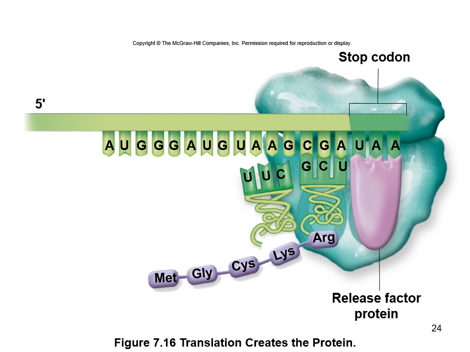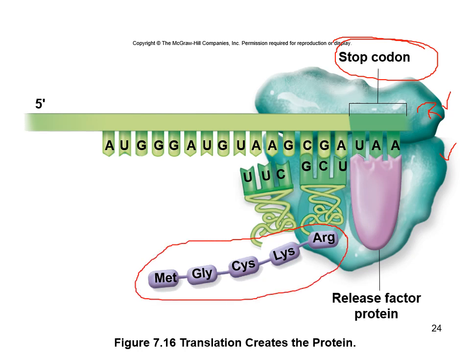Eventually, we're going to get to our last step, which is termination. In termination, we reach our stop codon, and the stop codon will then tell the rRNA that we are done. So the rRNA will fall off. It will also release the protein, the polypeptide, and we are now at the end of our translation. We were able to produce a beautiful strand of amino acids,